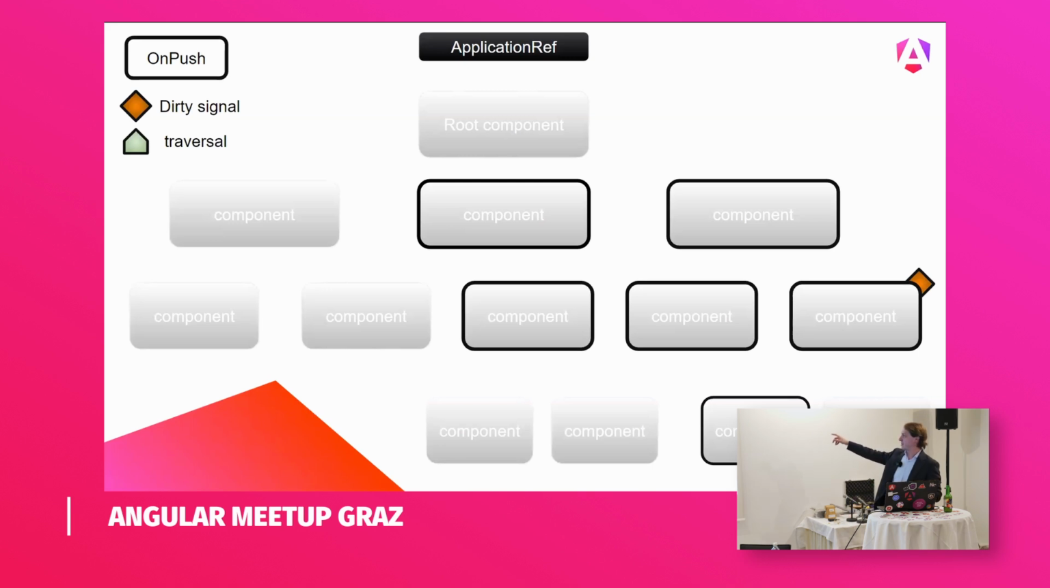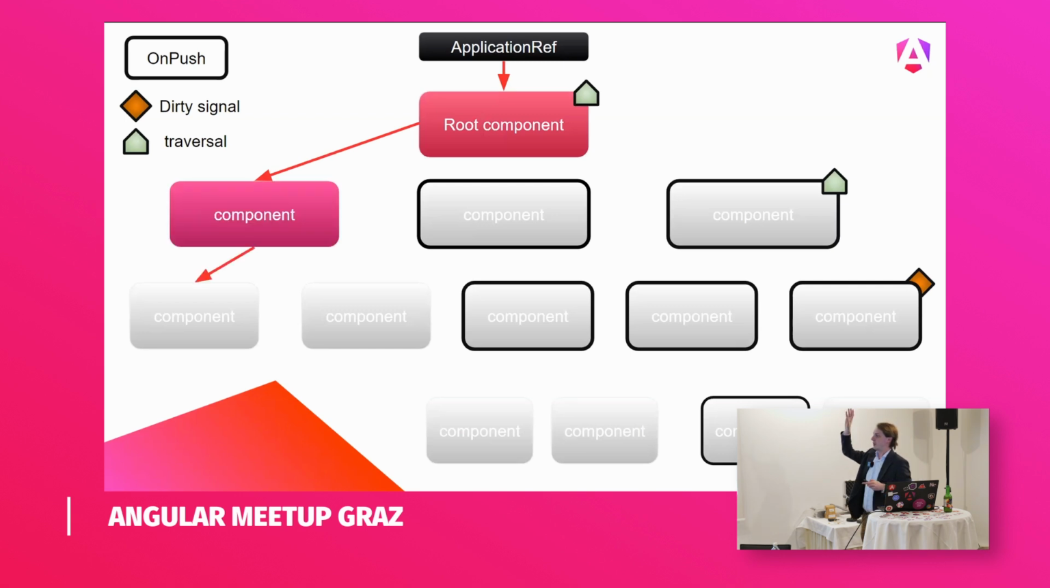So first thing that happens: the component is dirty, and automatically the parents are marked for traversal. So these components are going to be the ones that will not be change detected. If I trigger change detection somehow, ApplicationRef calls the root component, our default component is still change detected normally,